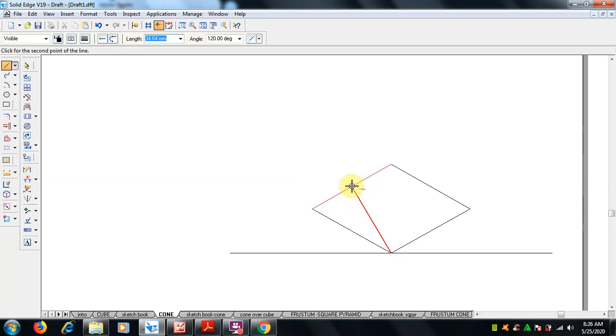Be careful: from the corner to the opposite side midpoint 1, from here to this midpoint 2, and now we have created a V shape like here. Opposite to that corner again you select, and join a line from that point to this midpoint. Okay, fine.